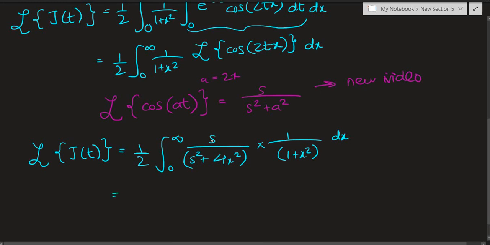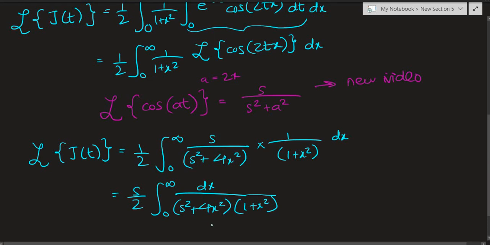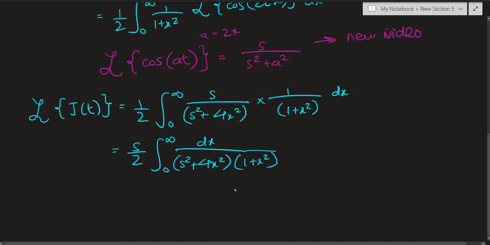So now notice that s is a constant with respect to x, so it can come out of this integral to get s over 2 times the integral from 0 to infinity of dx over s squared plus 4x squared times 1 plus x squared. Well, looking at the denominator again, it seems that we've complicated everything, but don't worry, don't panic, because